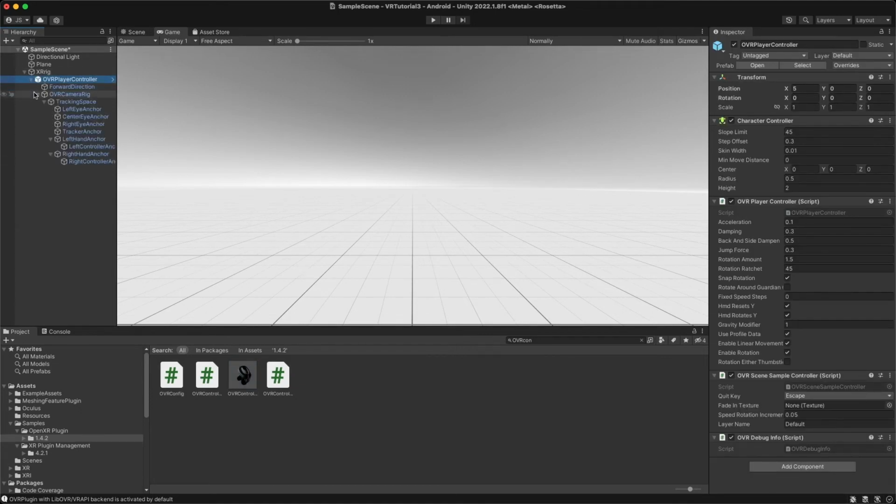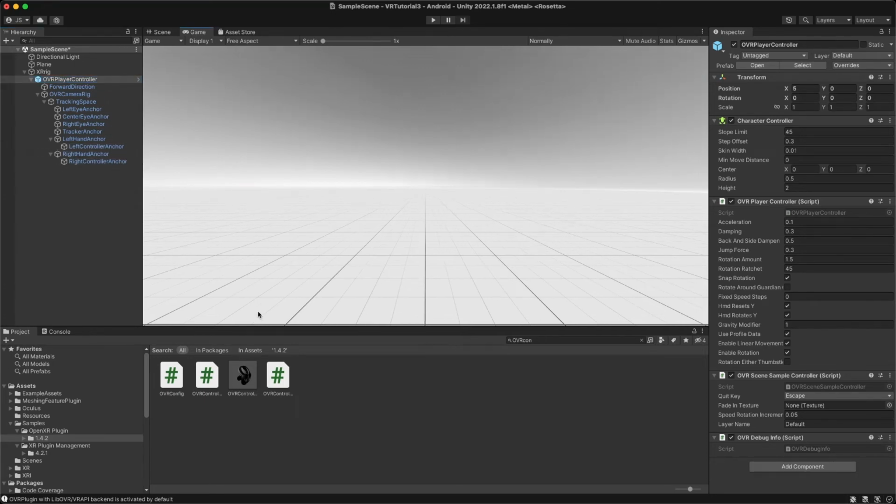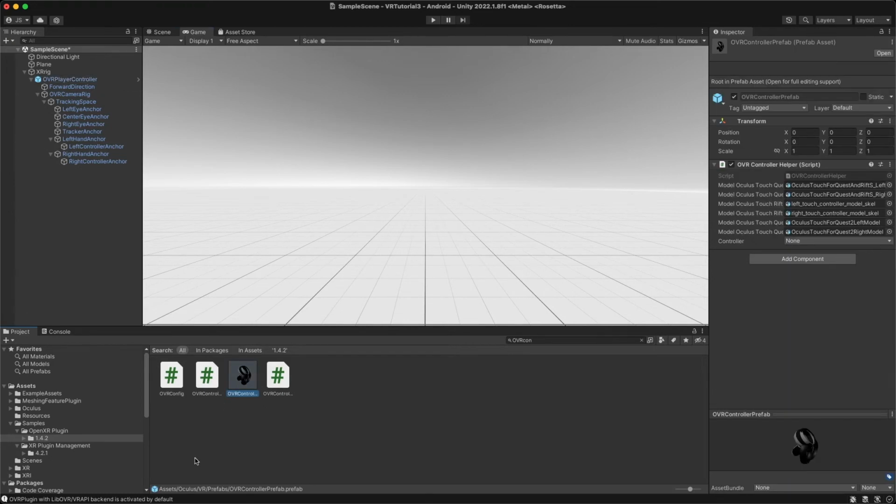Let me just go here. You're gonna keep going, expand everything, and you're gonna come to this left hand anchor and right hand anchor. Expand this and expand that too. And what you're gonna do is drag this OVR controller prefab. You see that I just typed here. You're gonna grab this and you're gonna add